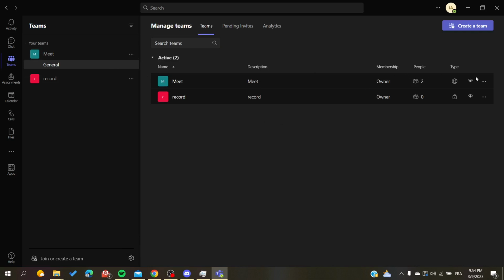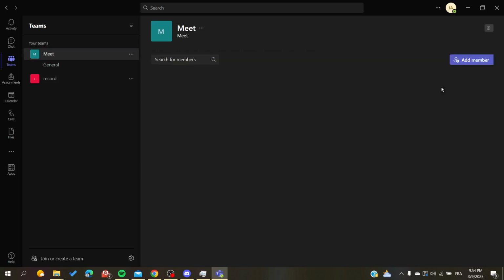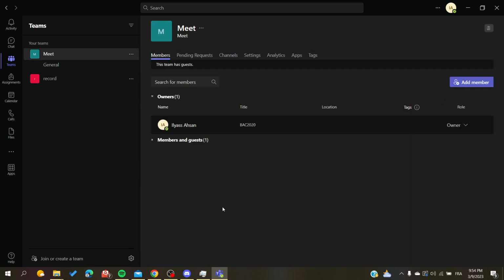So now here you can do any settings or set up each team individually. So I'm going to click on this one and I'm going to click on manage team, and now I can do multiple things here. The first thing, either adding a member, changing roles of members. You can add some tags,